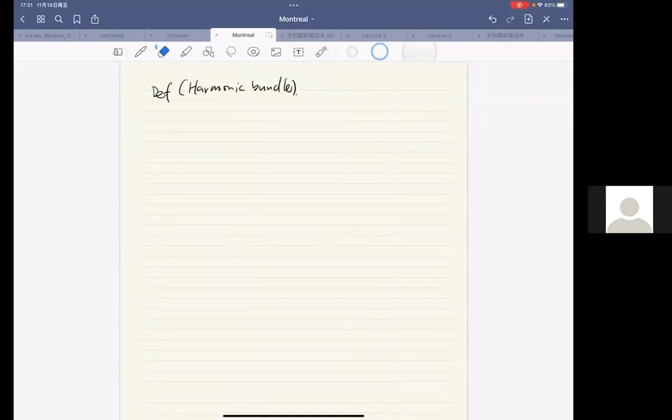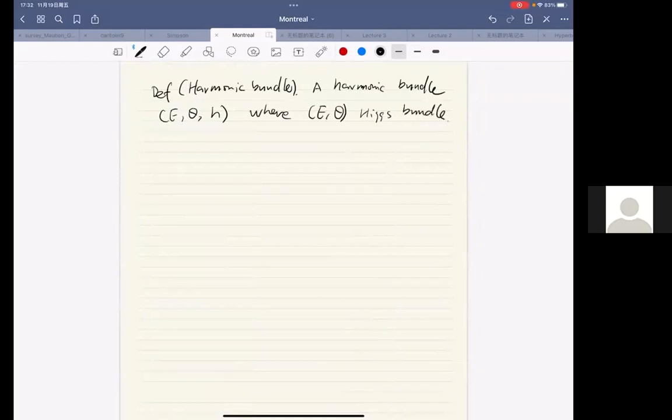Actually, a harmonic bundle is a triple (E, theta, H), where (E, theta) is a Higgs bundle, and H is a smooth Hermitian metric for E, such that